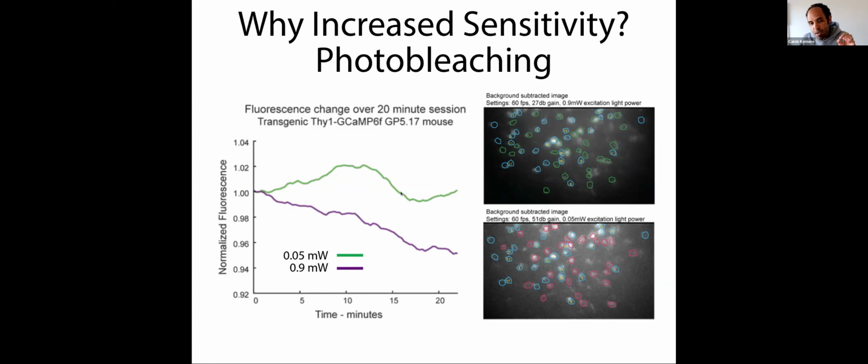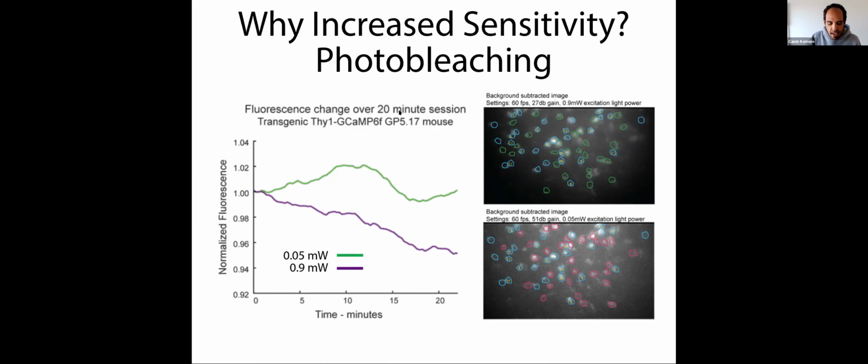Now, when I say if we can use less excitation light, what I mean is if we can still see the scene, then that will in general be good. And so having a more sensitive image sensor allows us to still be able to see the fluorescence from the neurons that we're interested in, even when the excitation light is minuscule. So there's some benefit of reduced photobleaching. And then the dream is that what this enables is it enables us to image a much longer period of time. Now, these pictures are taken from a transgenic Thy1 GCaMP6f, like the classic Thy1 GCaMP mouse, which photobleaches a little bit faster than